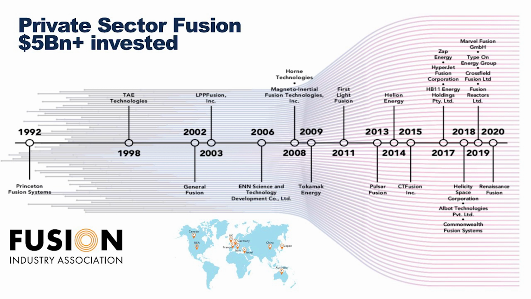Some of them are the magnetic technologies we've talked about, and some of them are inertial confinement technologies, which are very different, using lasers or using accelerating targets and shockwaves. But they're a whole family of different technologies. And this organization, the Fusion Industry Association, which is a US-led international alliance of all the different private sector fusion companies, has had, as a sector, well over £5 billion invested in it now.